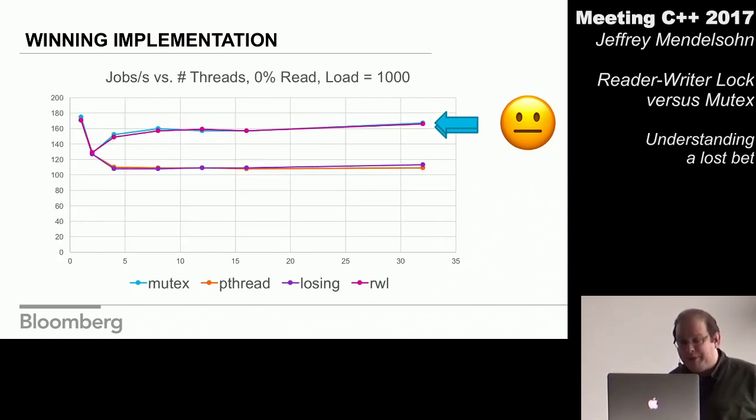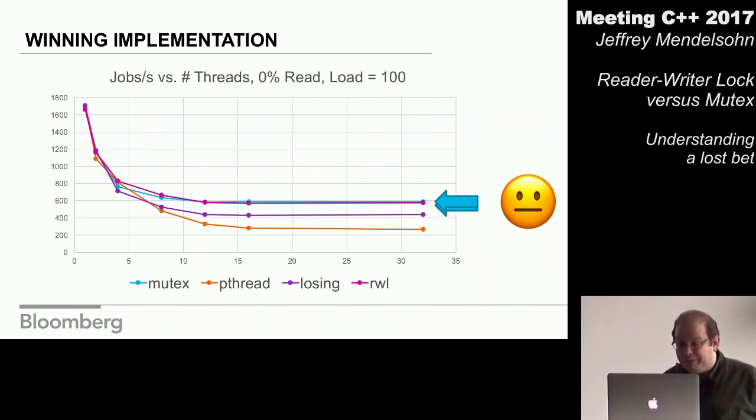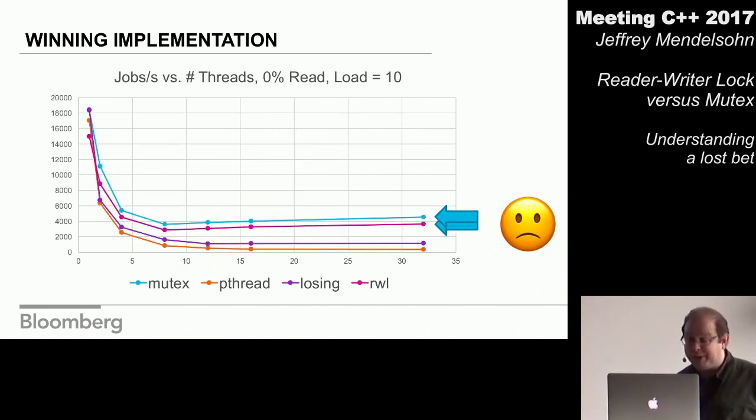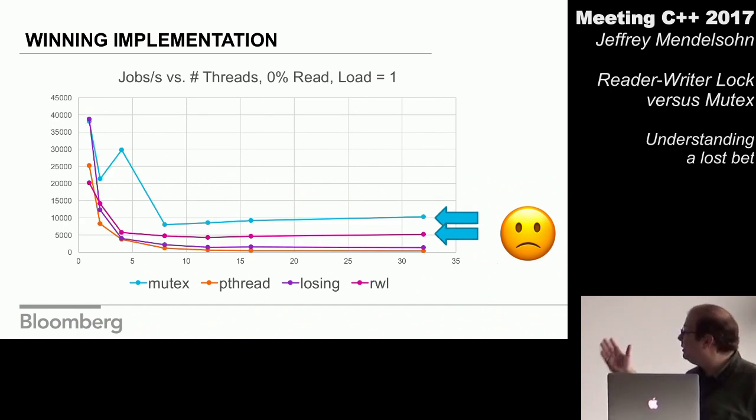Reducing to a very long hold time, we see the Mutex and the new implementation doing basically the same and handily outperforming the other algorithms. Again, on all writes where we expect Mutex to be best, we see us basically tying Mutex. This is at the workload of the bet. Moving even shorter, to the 10th the workload, we see us underperforming Mutex by a little bit. But this is where we expect to lose to Mutex. So this is us losing to Mutex by a little bit when we expect Mutex to win, which is what we wanted. And the ridiculously short hold time shows us losing to Mutex, but that's okay.